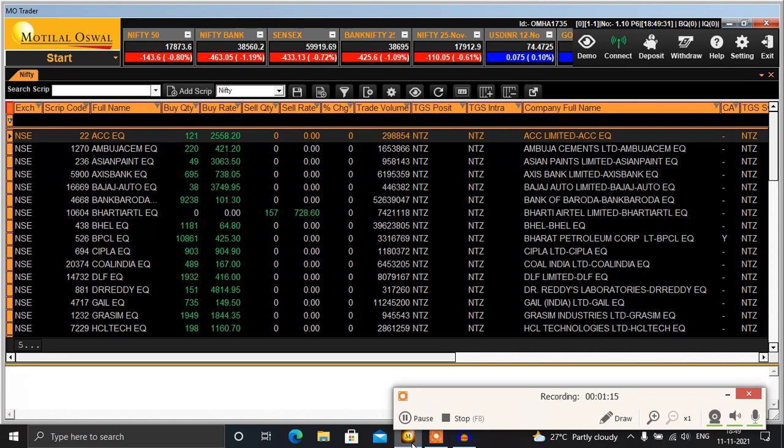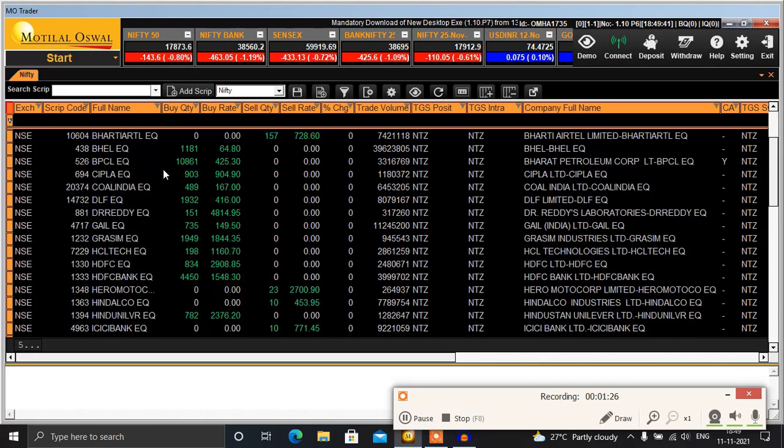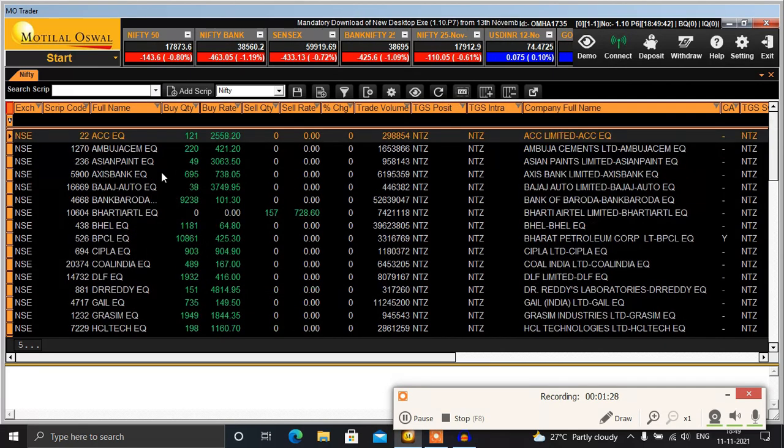So here I have already logged in. This is my watch list in Orion Lite. This Orion Lite platform, MO Trader in Motilal Oswal. So without wasting the time, let's just start. Here are the stocks of my watch list. So now what I'll do,